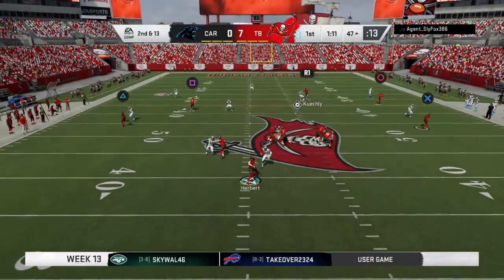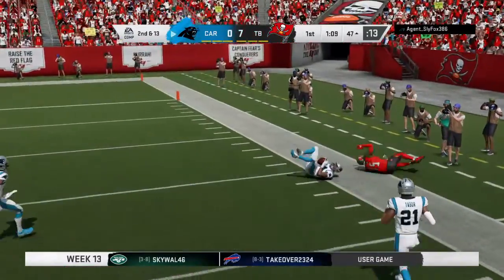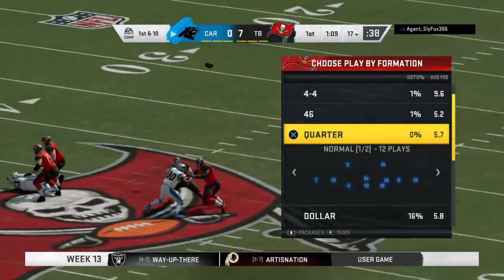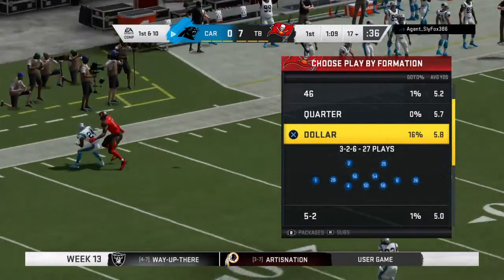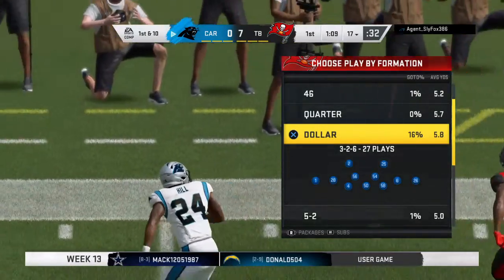Looking to throw on 2nd down. Herbert. A battle for it, and it's intercepted. Picked off at the 17. And a big turnover there as his guys will get the football back. And, Brandon, this is a real nice job defensively of getting inside a